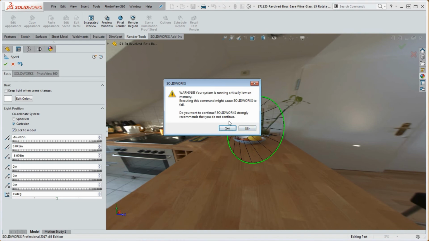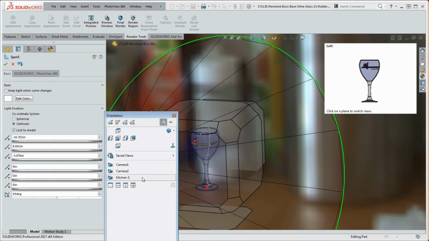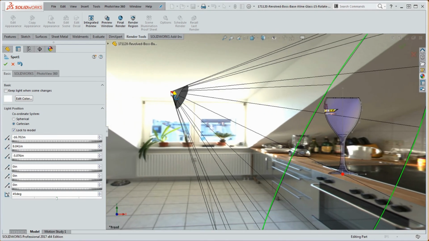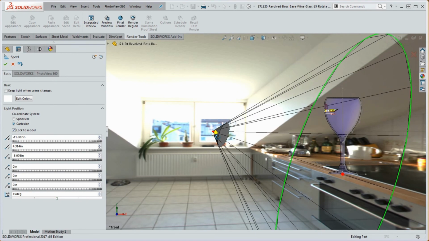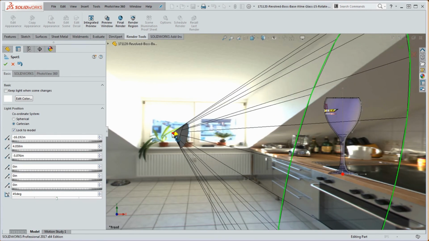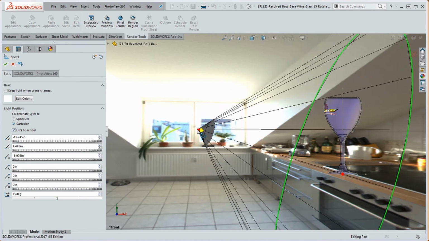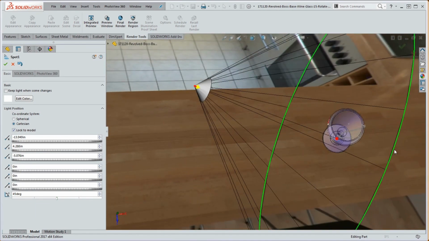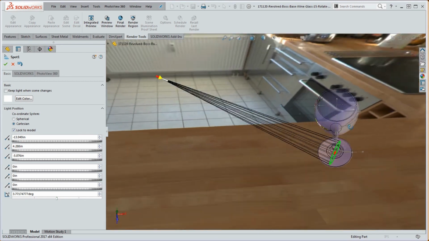Okay, so I'm running the video, kind of low on resources, but it's never hurt me before. What I like to do is go to the front view and take a look at what it's going to look like. This is actually the front view, but this light is actually coming from the right view, so we're going to see the way that looks in the right view. The way it looks in the top view,